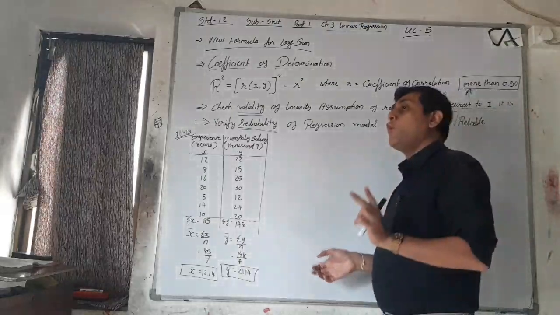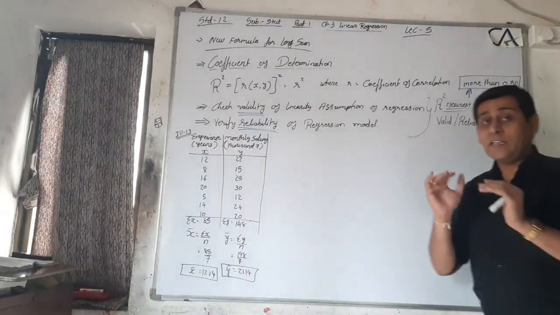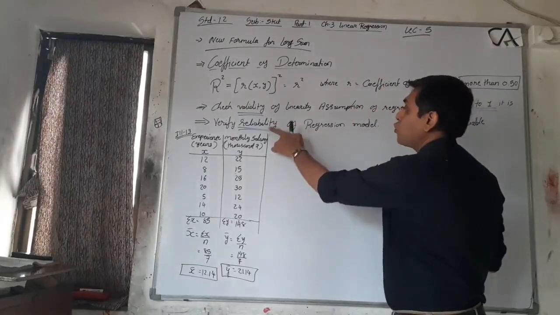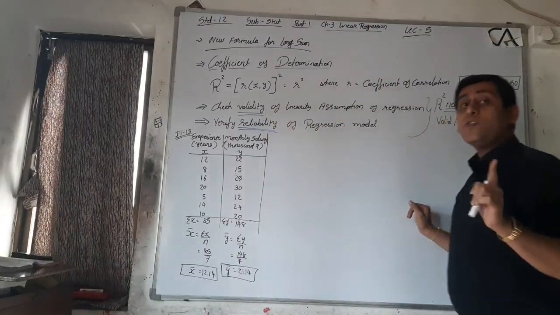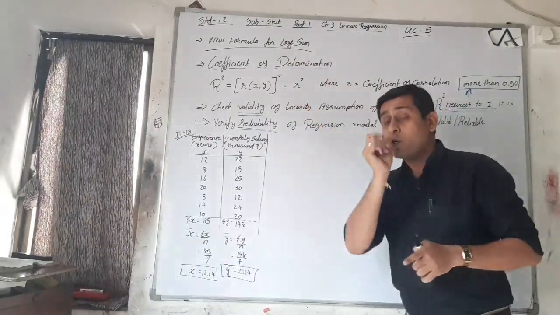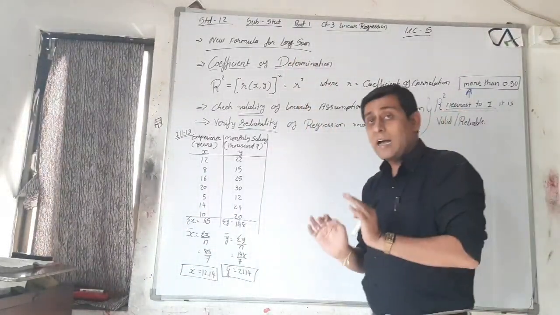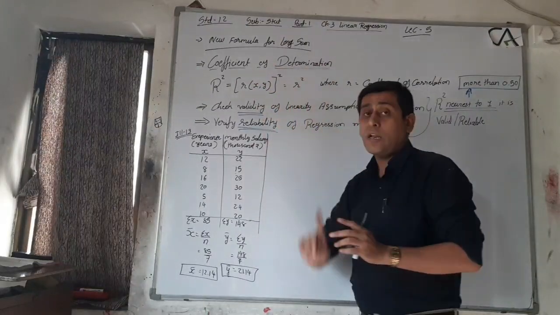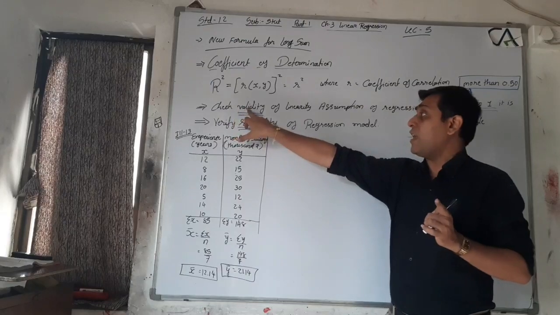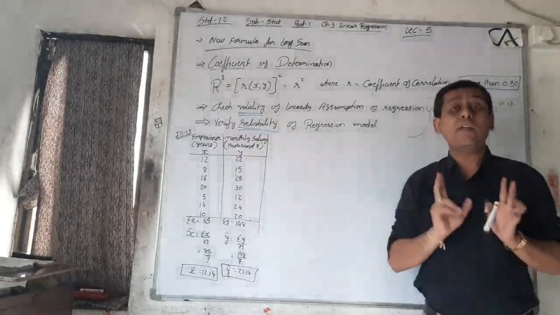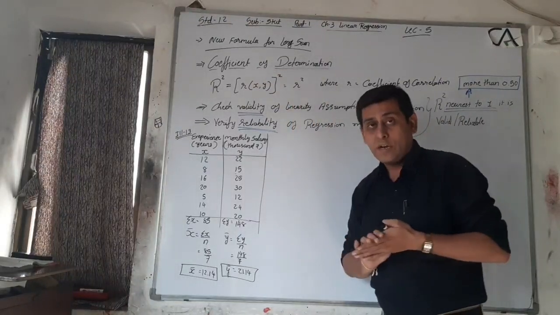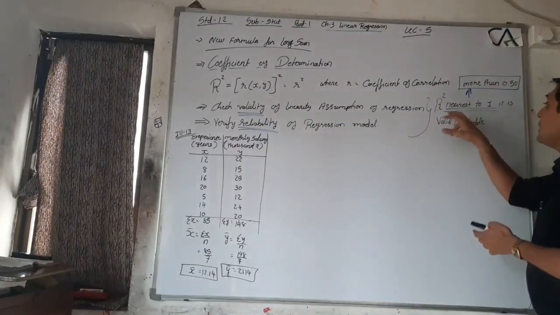If these two words are found in the question's last line, then you first have to find the coefficient of determination. In the question it is not clearly asked that you have to find the coefficient of determination, but it says check validity or verify the reliability. At that time you first have to find the coefficient of determination, and then